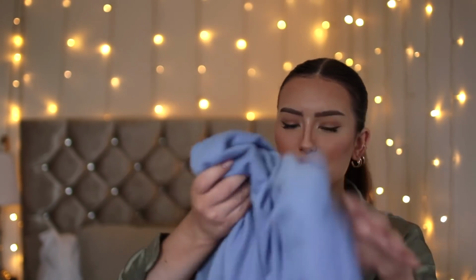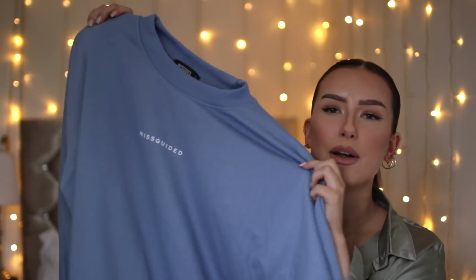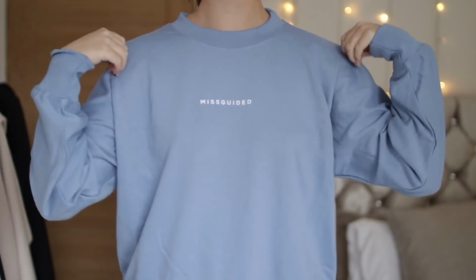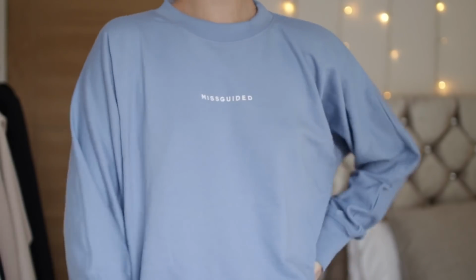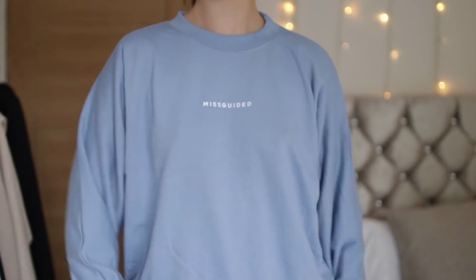And then the sweater is just a really simple sweater to match. So I got this in a size 8. I really love the neckline on this. It's a little bit slouchy, but still a round neck, so it's really, really comfortable on. It's a little bit cropped, this sweater, as well, which is really nice. So I feel like it tucks into the joggers really well,